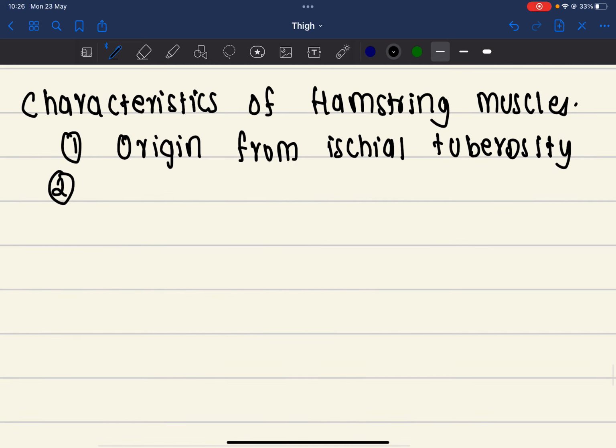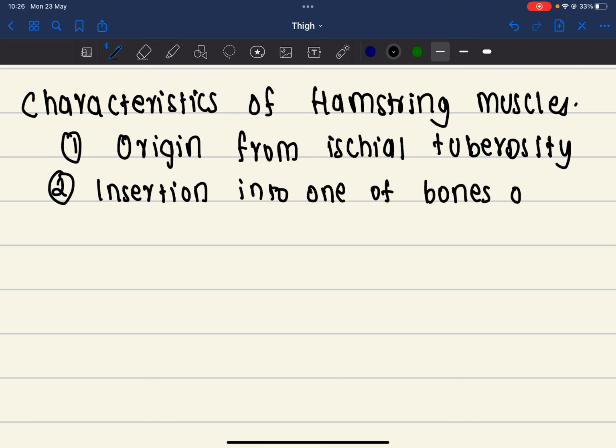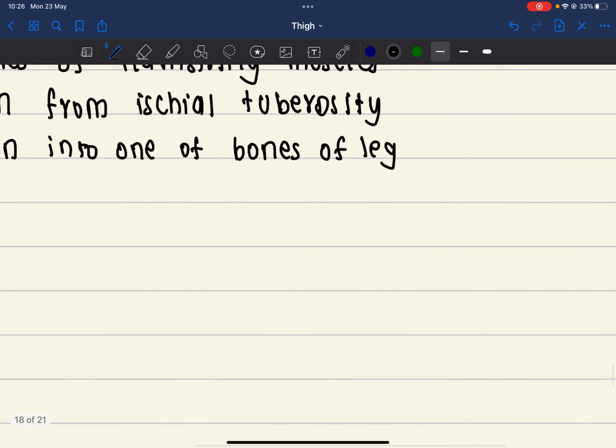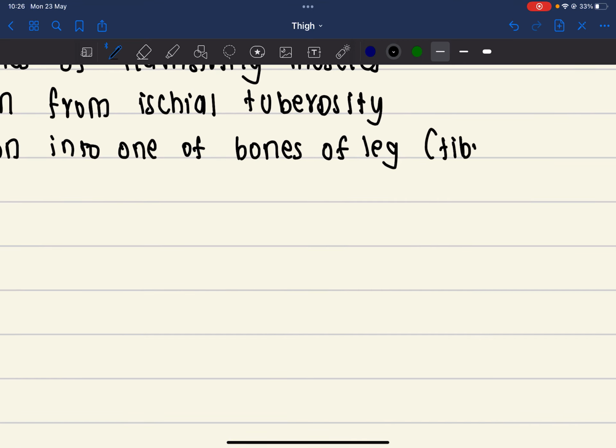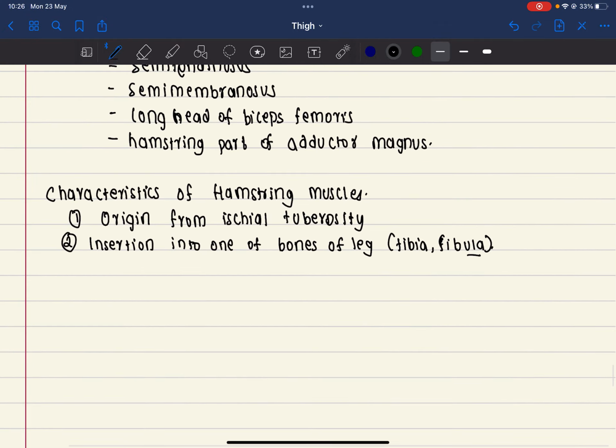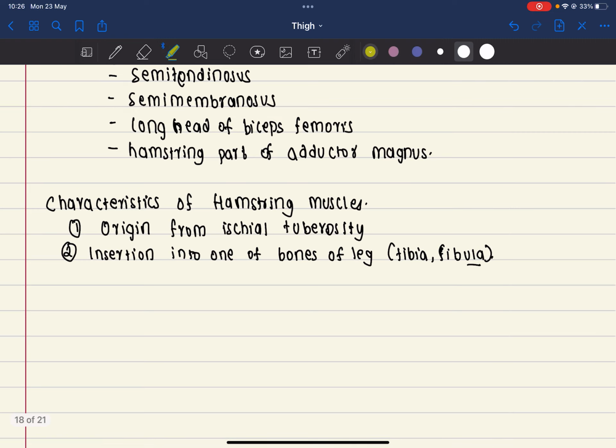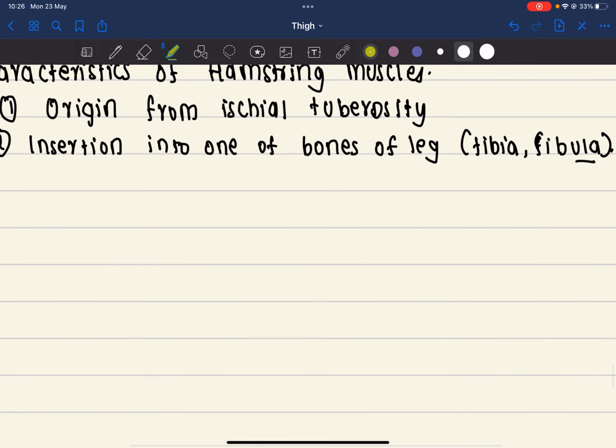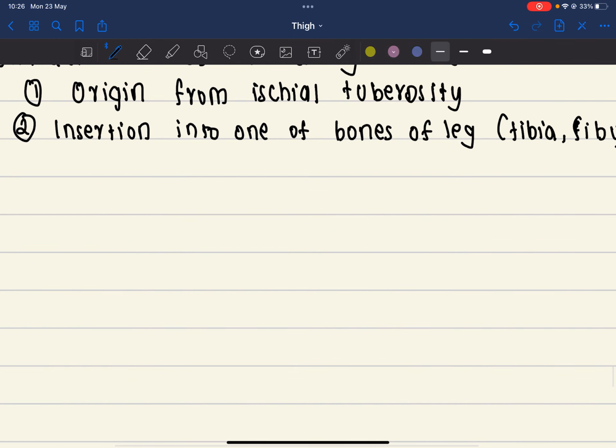त्यस्तै गरी they are inserted. यिनीहरुको insertion is into one of the bones of the leg. हामीलाई थाहा छ leg मा दुईटा bone present भएको हुन्छ, tibia and fibula. यो दुईटा बोन मध्ये एउटामा इन्सर्सन भएको हुन्छ. तर हामीलाई थाहा छ adductor magnus चाहिँ हुँदैन. adductor magnus चाहिँ femur को adductor tubercle मा गएर इन्सर्ट हुन्छ. तर यसलाई पनि हामीले hamstring muscle मा इन्क्लुड गर्छौं